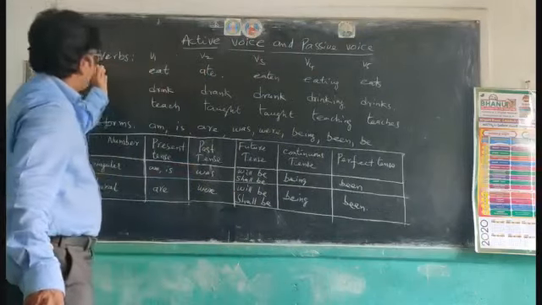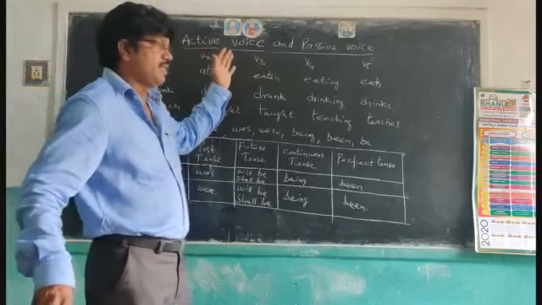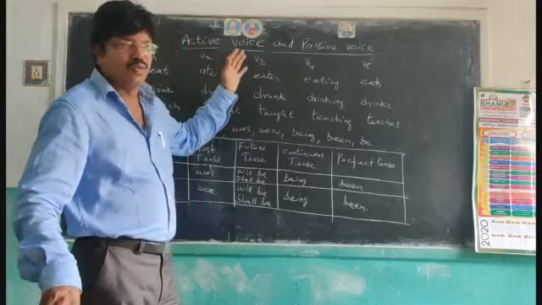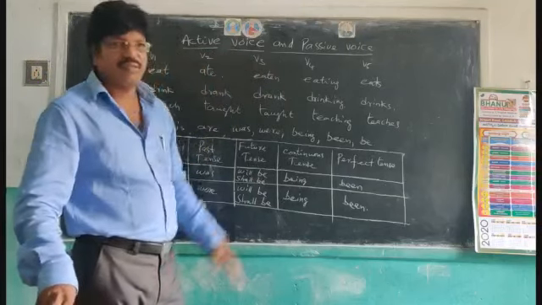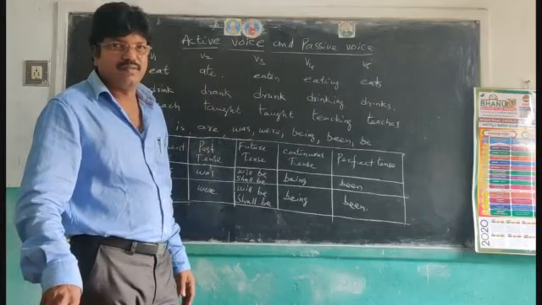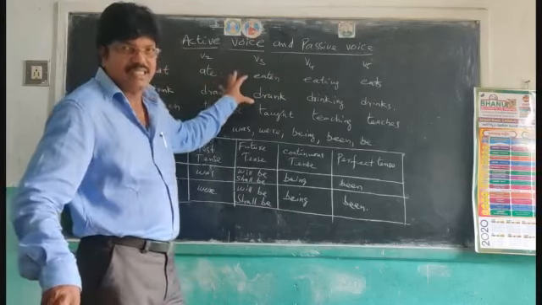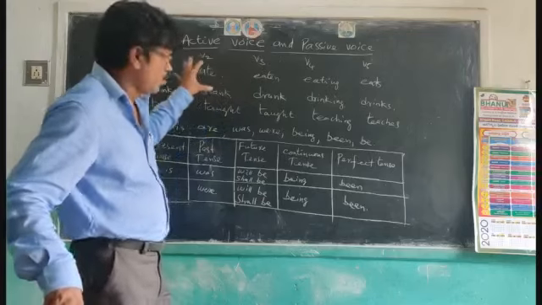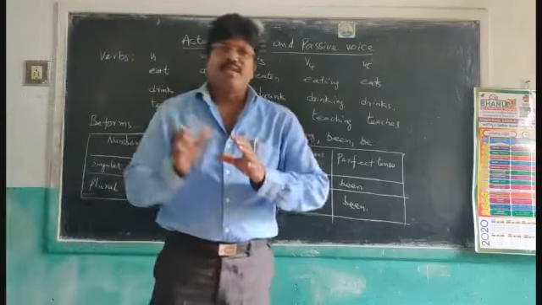And also you must know the verb forms. If you want to write passive voice correctly, you must know the verb forms V1, V2, V3, V4, V5. Add S or ES to the base form. I have just mentioned some verb forms here. And most important, compulsory,